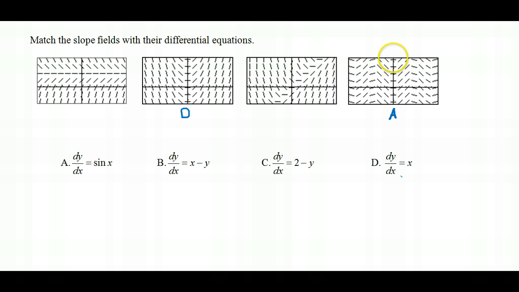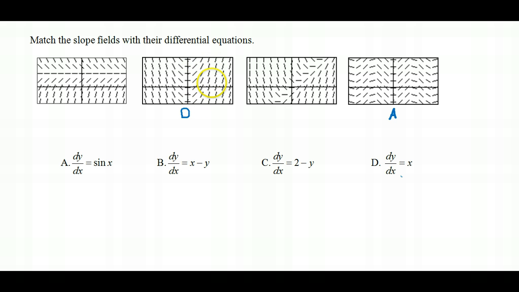So along the y-axis, I have all zero slope. Then I have all positive slope, more steep positive slope, the same negative slope. So every vertical line had the same slope when the differential equation only depended upon x. So similarly with part D, where only the differential equation depends on x, again my solution had all vertical lines